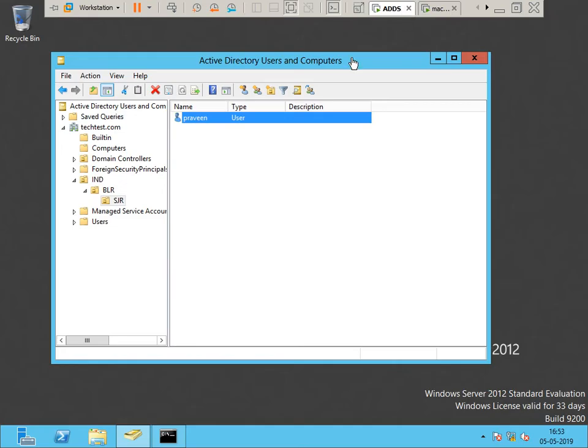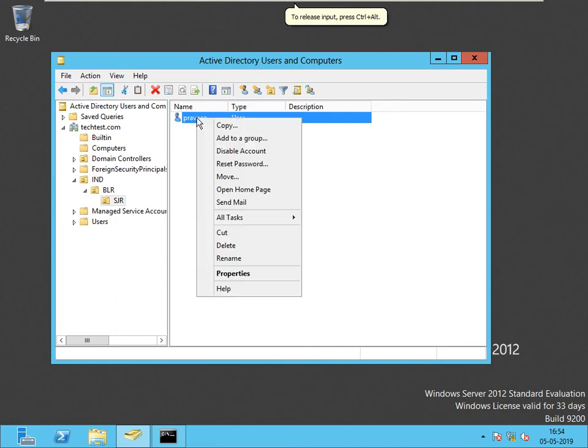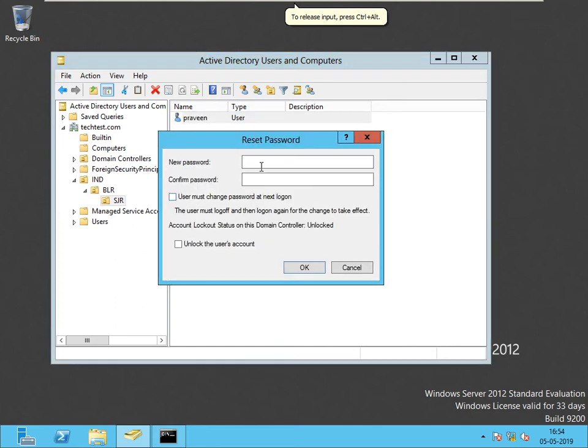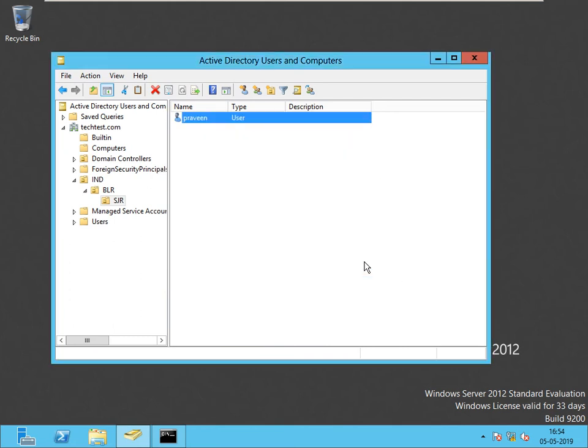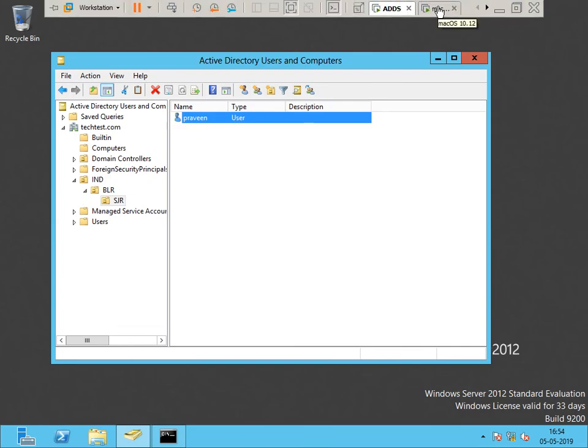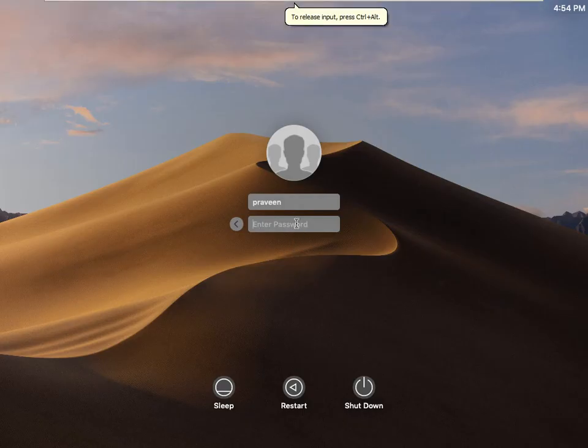I will reset the password. I'll reset it to something. The password has been changed. Here I'm going to log in with the same password.